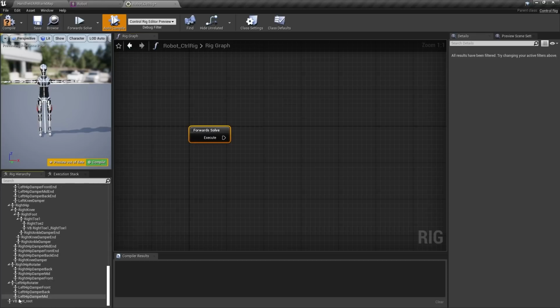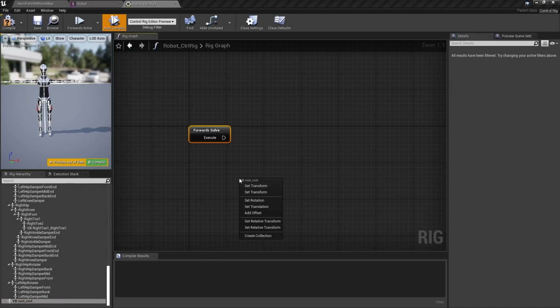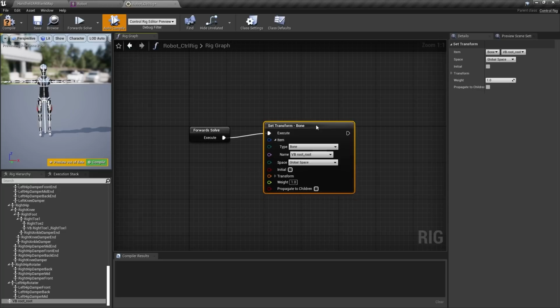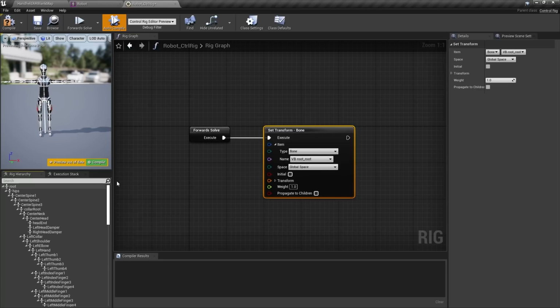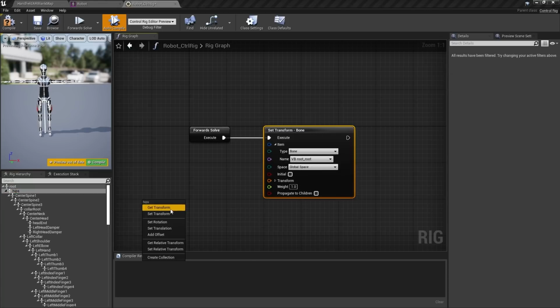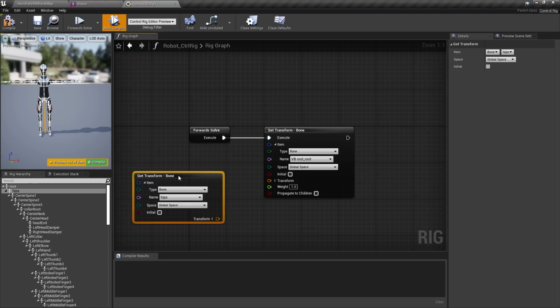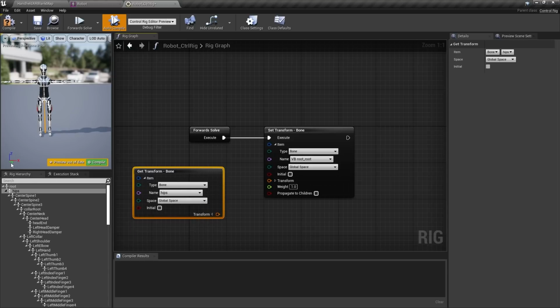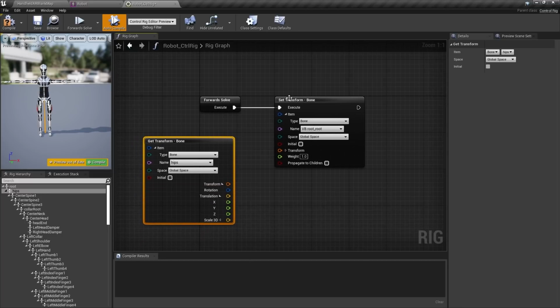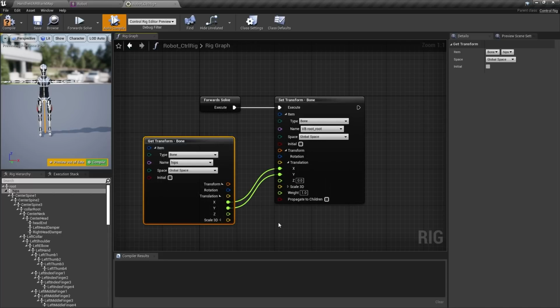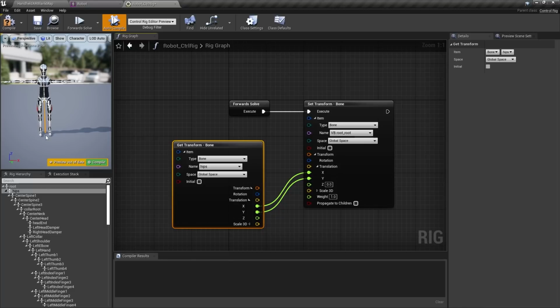So if we scroll down here and we grab this root virtual bone and pull it out, we're going to set its transform. Ultimately we want to have that virtual bone get driven by the character's hips. So we'll drag out the hips and say, get a transform. Now, we don't want this transform to be a one-to-one match. We only want to match it in the Y and the X axis and ignore the Z axis. So we're going to expand out transform and translate, and we'll do the same thing on the set side of that bone. We'll just wire up X and Y and simply ignore the Z. That's going to move it around essentially on the ground plane, but ignore the up and down movement of the character's hips.